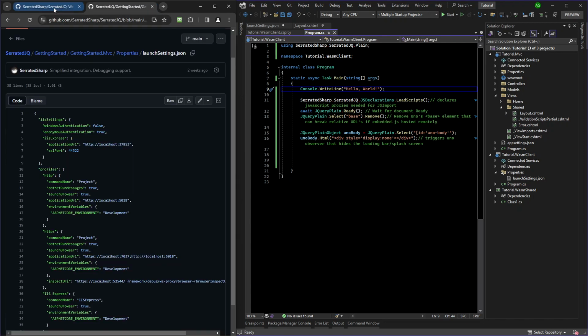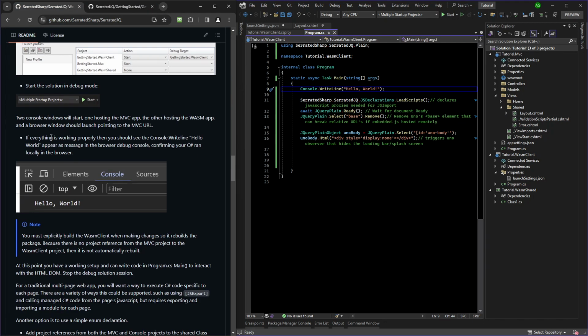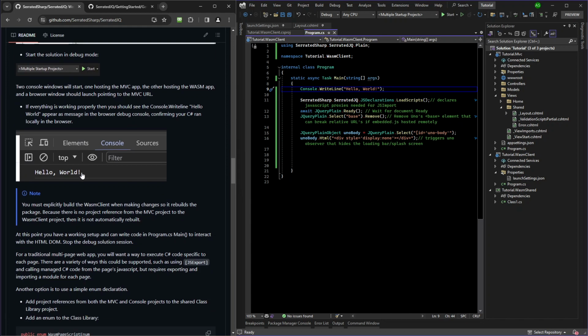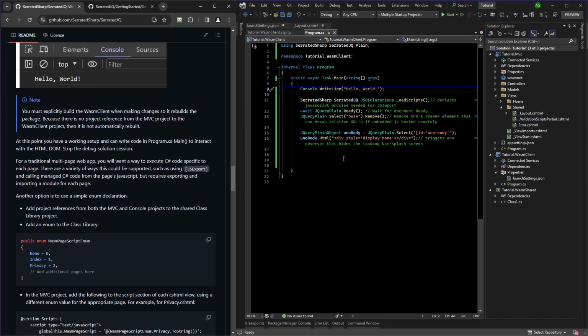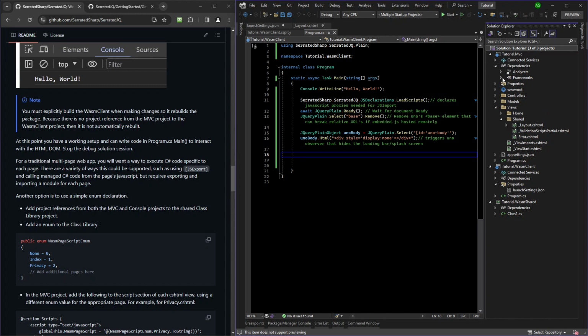And I'll close this. All right. Yep, we saw the hello world. It's worth noting that it's good to have a file open, such as this file that's in the WebAssembly project, and always do F6 build, just to make sure, because there isn't a project reference from the MVC app,